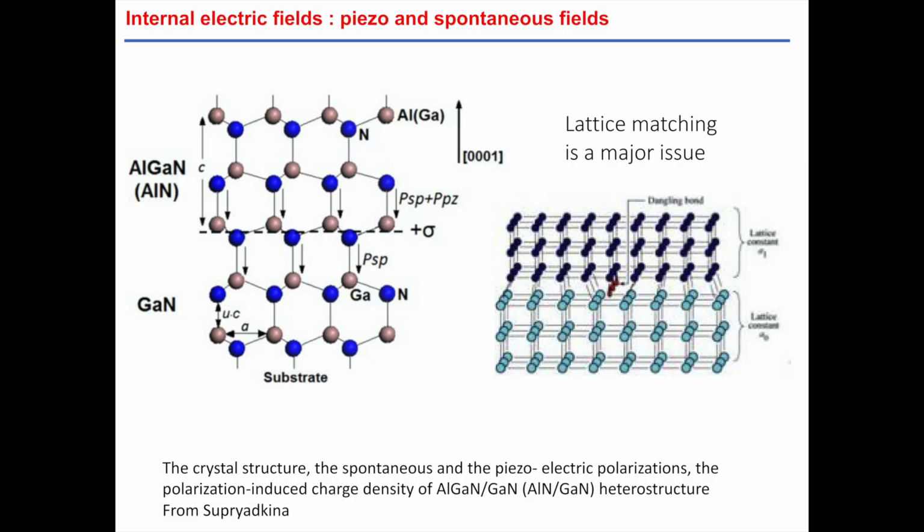A thing I did not talk to you about so far is that nitrides are nice, they emit very nice light, but they are complicated. They have internal electric fields because they are piezoelectric. They have very different atoms with different electrical charges, so we have electric fields inside the material.